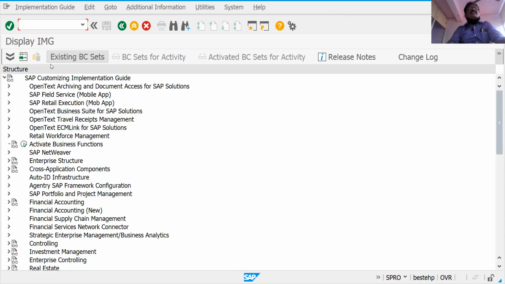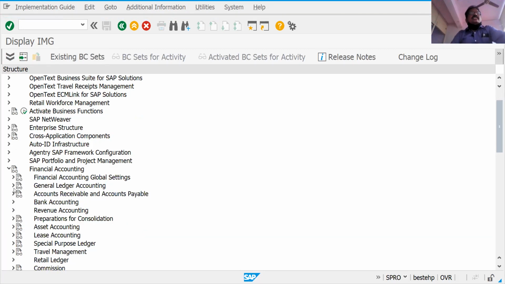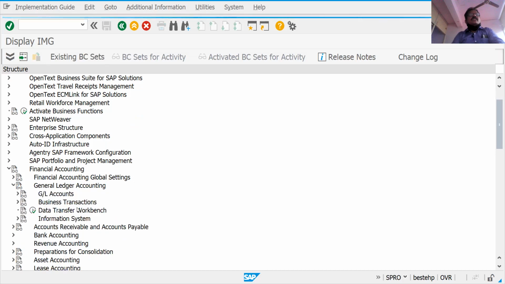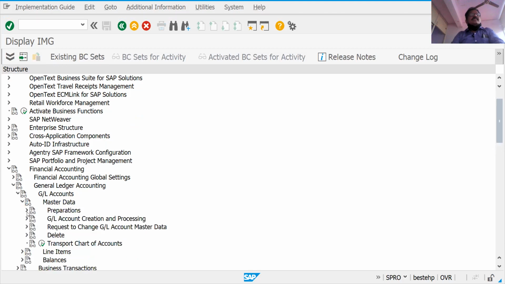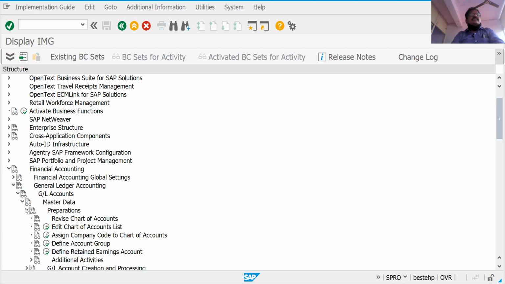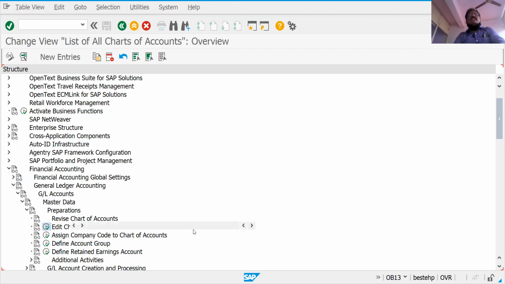SAP reference IMG. Try to understand how to create the chart of accounts. See, financial accounting, general ledger accounts, GL accounts, master data preparations, edit chart of accounts list.